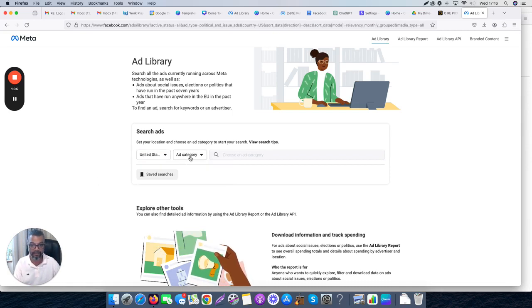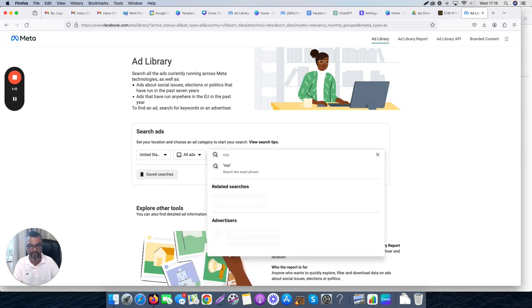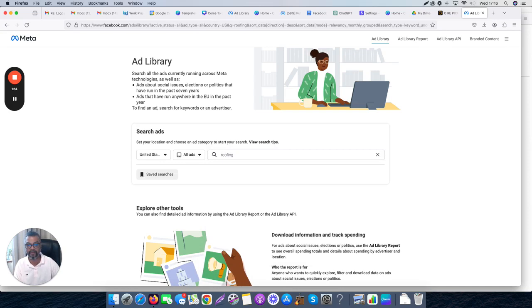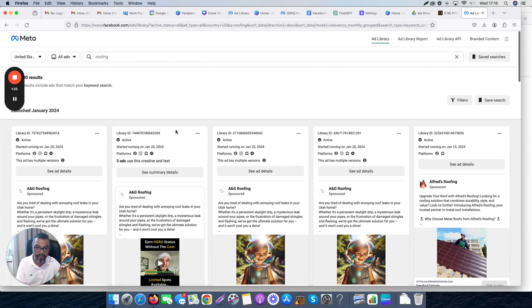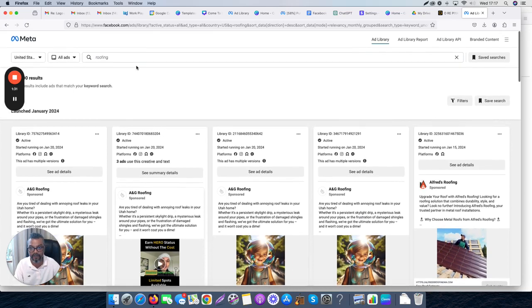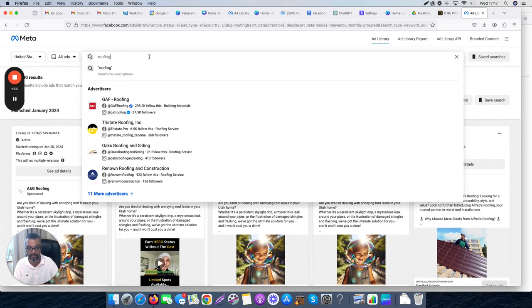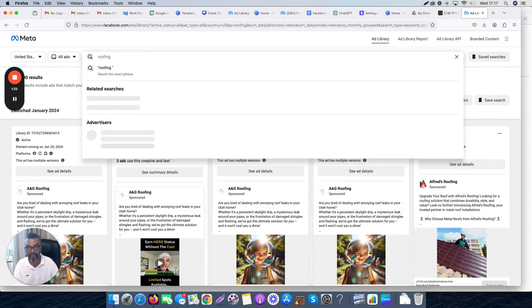So let's say, for example, you are in the United States, and I can just run a keyword here. Your competitor does roofing, or the exact name. I'll show you how you come up with the exact name just now. So, if you don't know which competitor you're targeting, you just want to know who are the people who are advertising in a specific area. You do, roofing, for example, Florida,